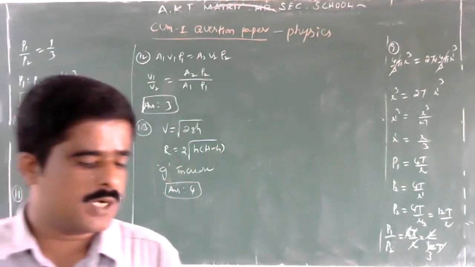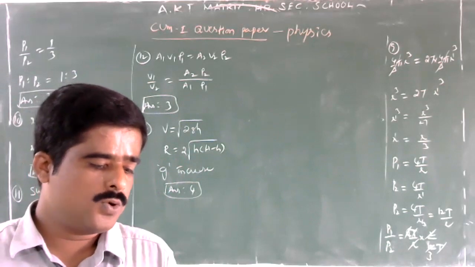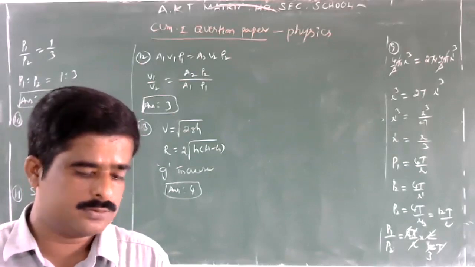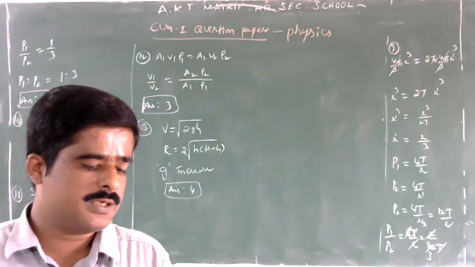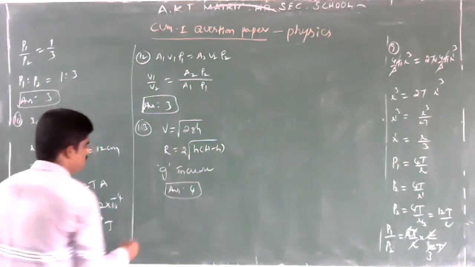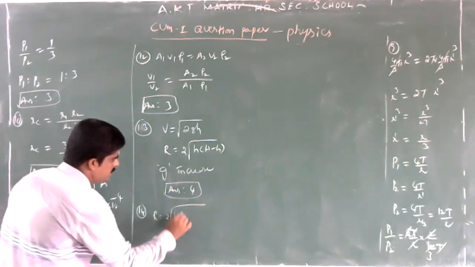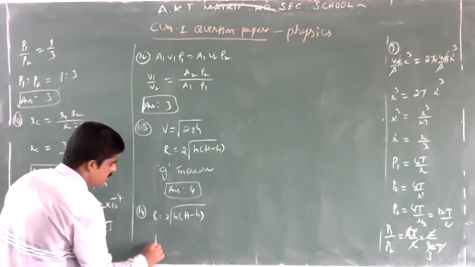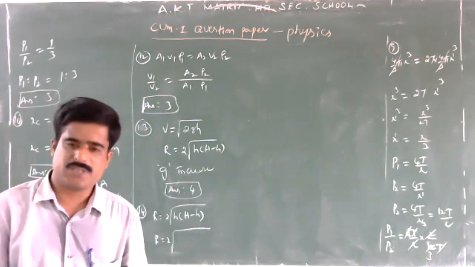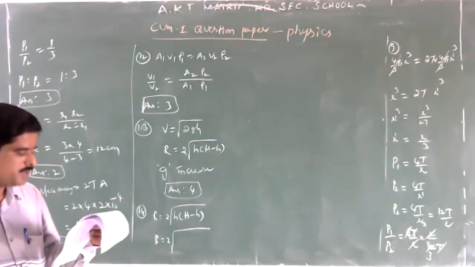A tank is filled with water up to a height of 1 meter. When a hole is made at a distance of 75 centimeter below the level of water, what is the horizontal range of water? Here we want to find the horizontal range. Same, we use this equation. See, what is the formula for range? R is equal to 2 into square root of h into (H minus h), where h is the depth of the hole from the free surface of the liquid. At what depth is the hole made? 75 centimeter below the level of water.